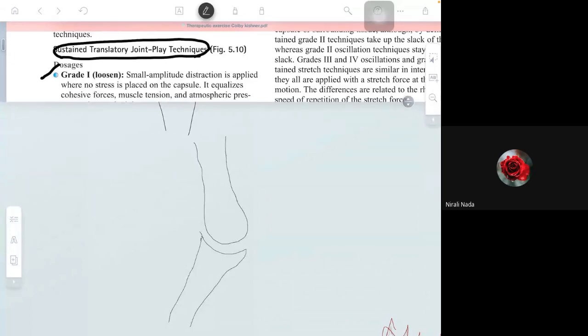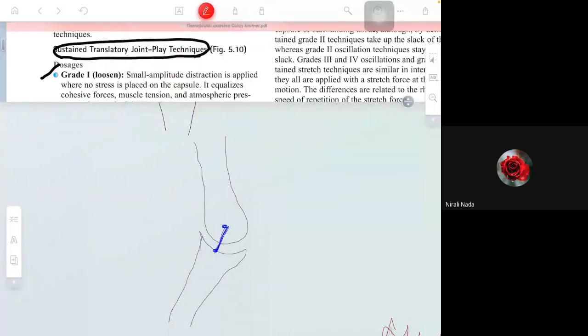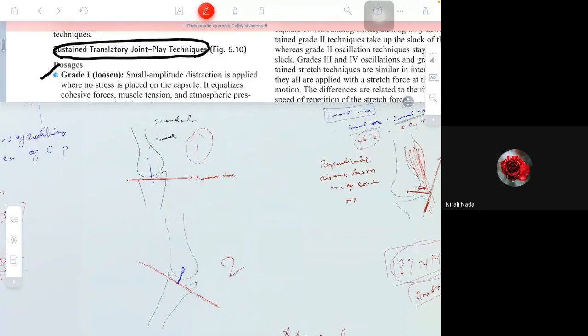Listen carefully. What is the one line? The axis will be the same, and this is now the midpoint. Now this is the line. Now you see the treatment plane. Now when you draw the perpendicular line, the line will be like this. Now you see diagrams 1 and 2. Has the treatment plane changed or does it remain the same?